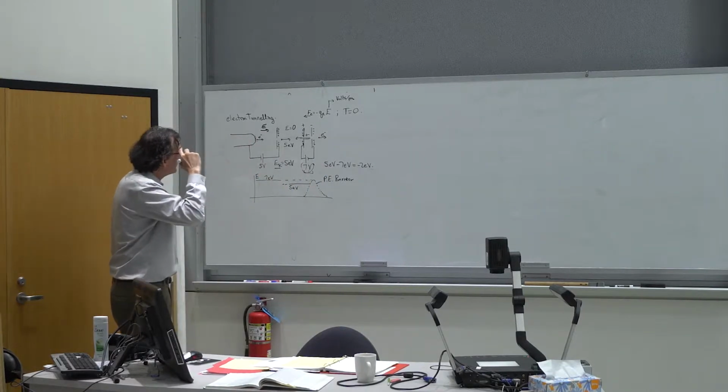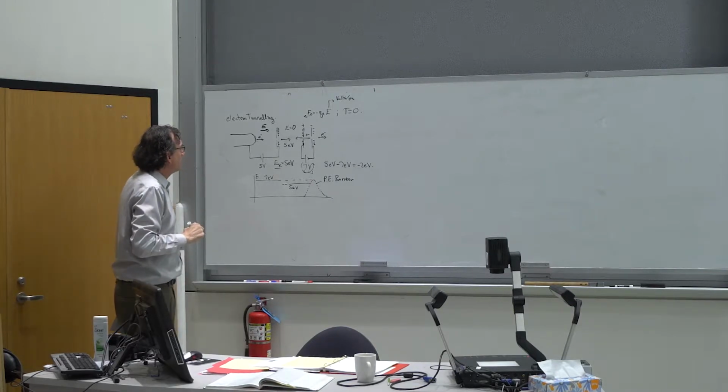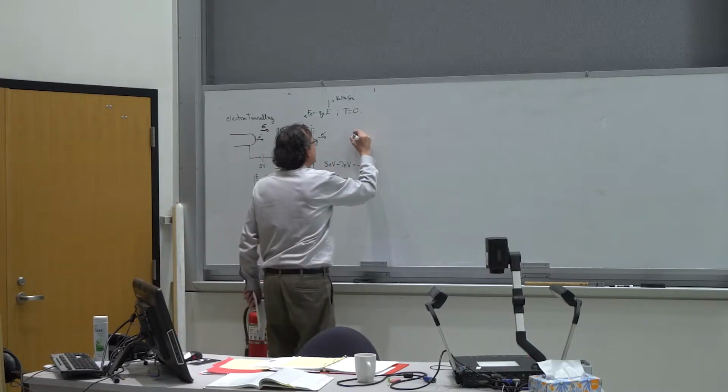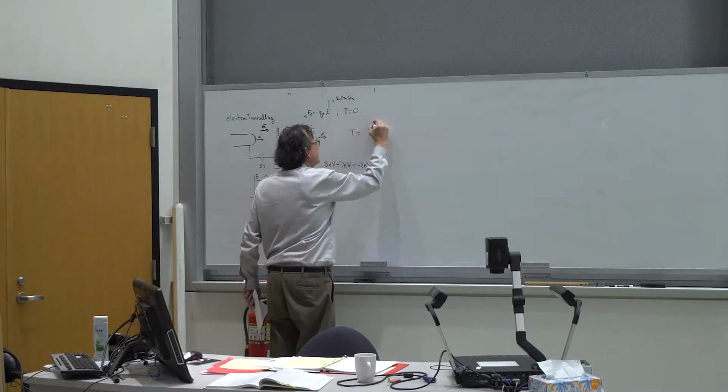So it doesn't have enough energy to make it through the barrier, but we know from the formula we derived last time that there's a probability